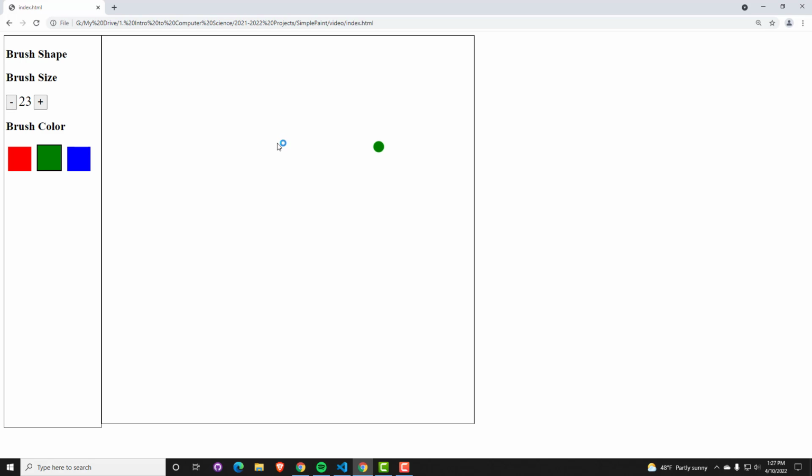And there we go. I got a circle, except you can see right here's where my mouse was. Let's do this again to show you. My mouse is going to be right here, but look where the circle ends up. Any ideas why that is happening? Well, what's happening is